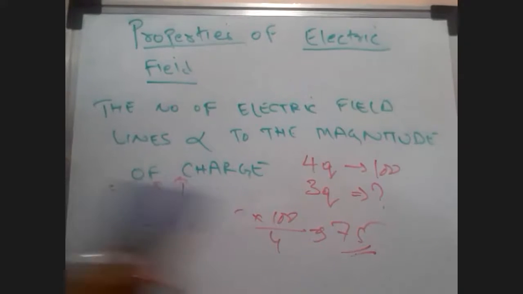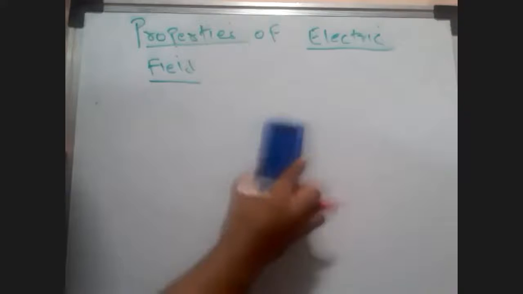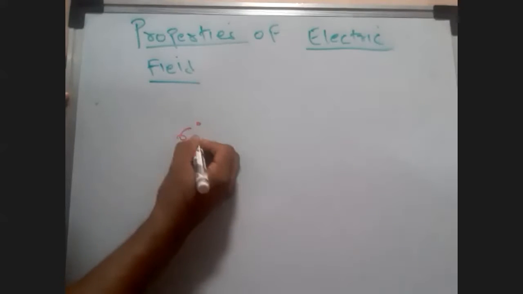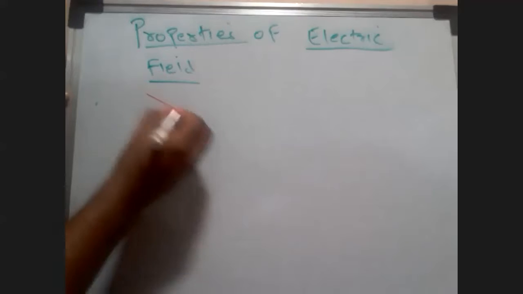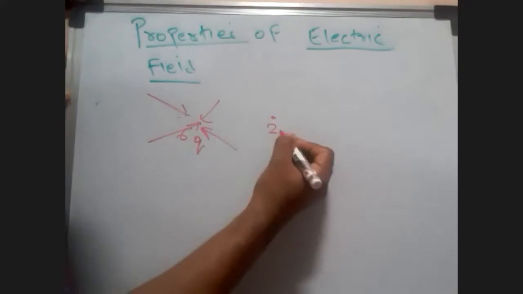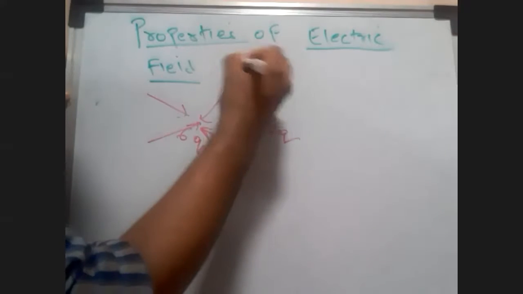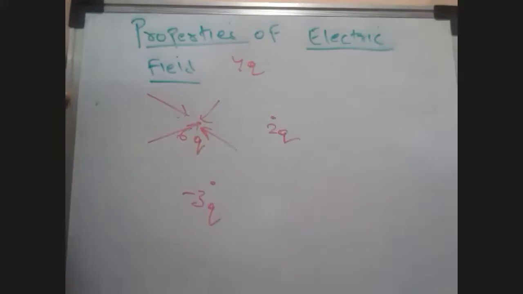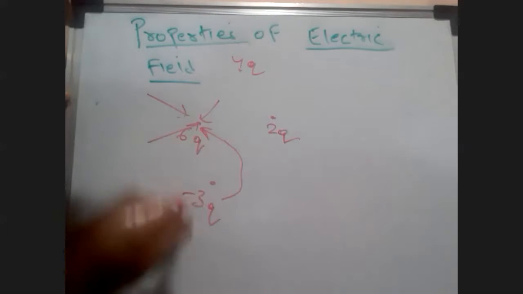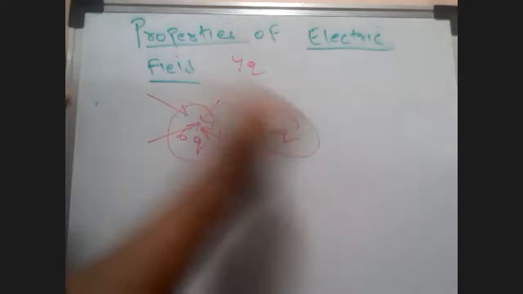Also, there are sometimes simple questions like this where people lose marks. Sometimes they will give you 6q over here and tell you the number of electric field lines, and there's another charge over here which is 2q, another charge minus 3q, another charge 4q. Draw the electric field lines with respect to this. You will have to show how many will contract and how many will emerge out.